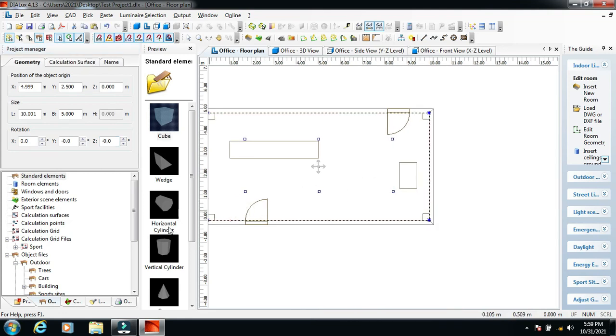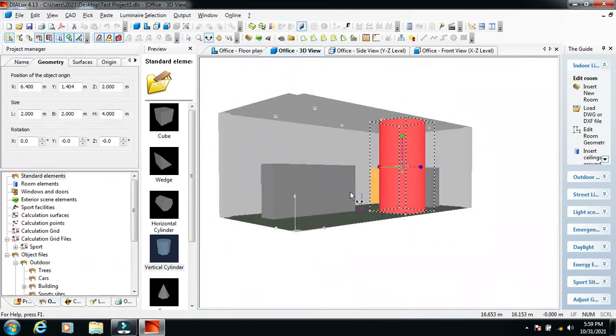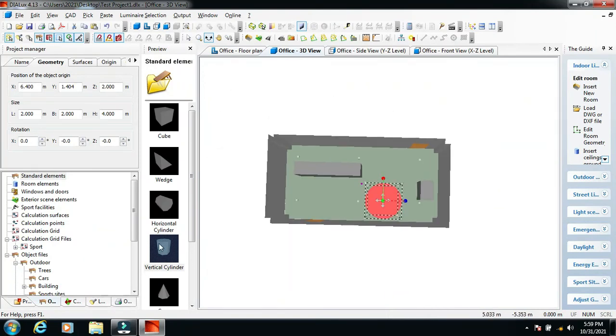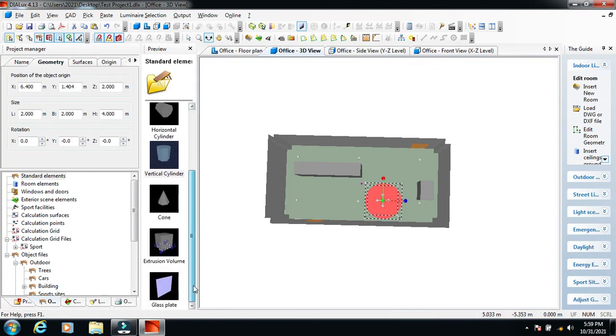Now let's say I have a vertical cylinder in this particular process area room, just for the sake of understanding, a tank or something, a circular process vessel having a diameter of around 2 by 2. So you can do a 2 by 2 diameter, and let's say the height is raised from here to 4. If I keep the height 4, it would definitely go through, so through and through there is a process block in this particular room. Similarly, you can put a lot of things based on your requirement.